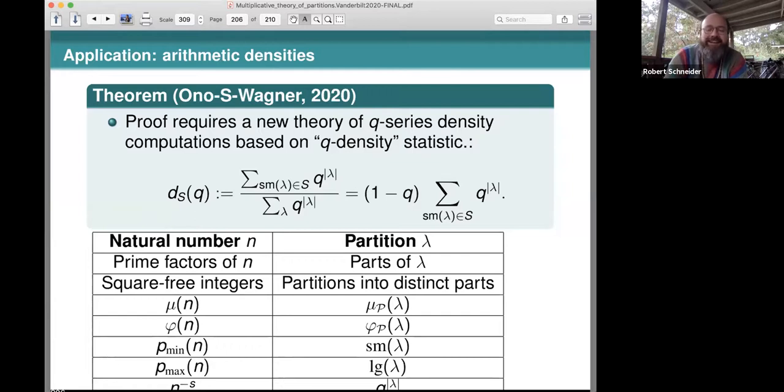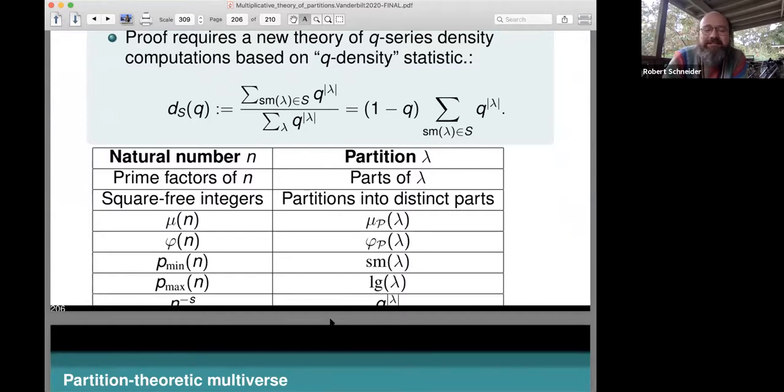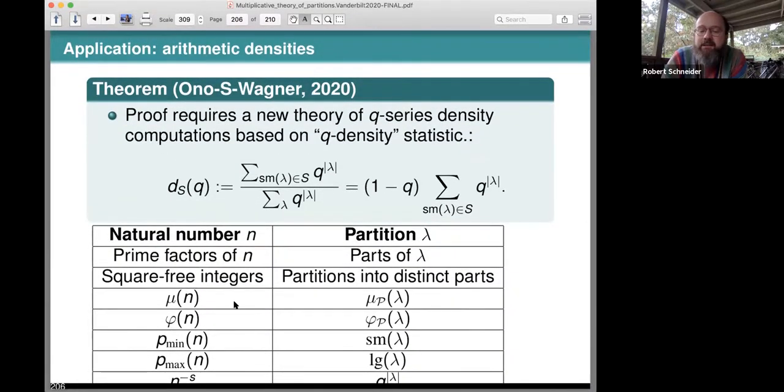I'm thankful for that. Okay, and you can see here we have a different set of correspondences. There's so many, they're bleeding off the page. Between natural numbers under this particular structure here, this is the least prime factor of n. This is the largest prime factor of n. Here we have the smallest part and the largest part of the partition. And we have these analogies between arithmetic objects and partition theoretic objects. And I'll say that all of this is following Alladi's lead. This is essentially an instance of an Alladi duality between subsets, the maximum and minimum elements of subsets in both cases, or of multisets rather.